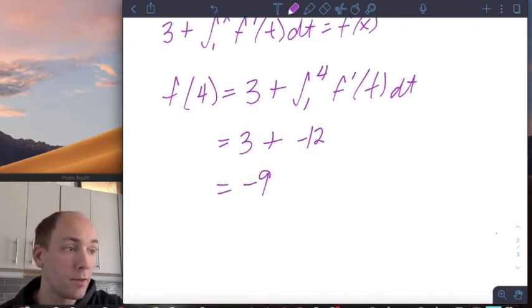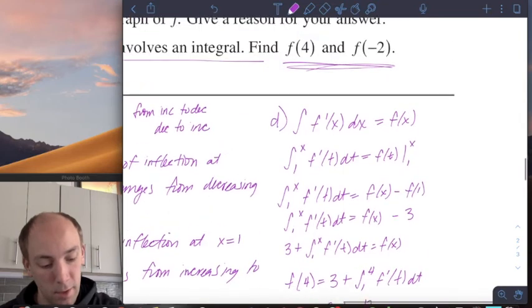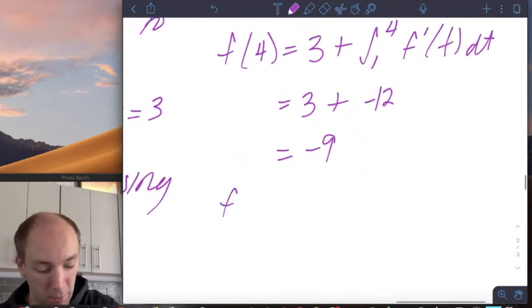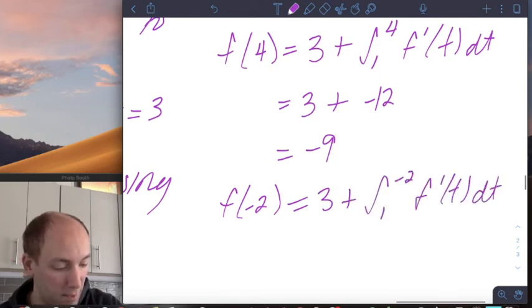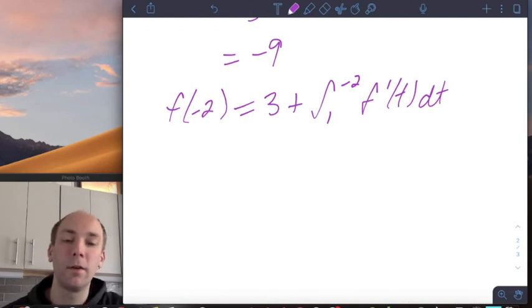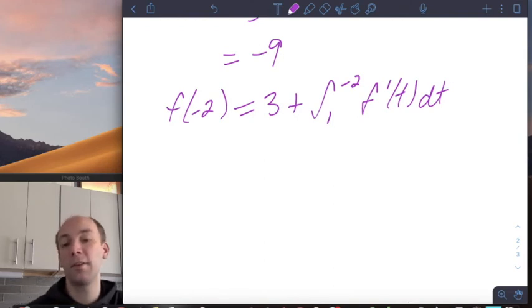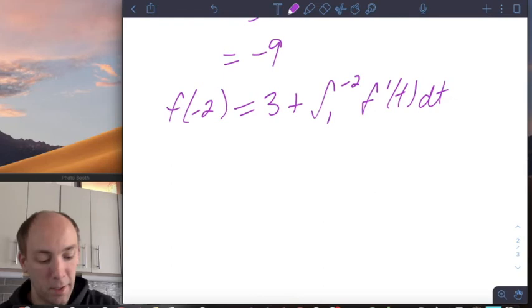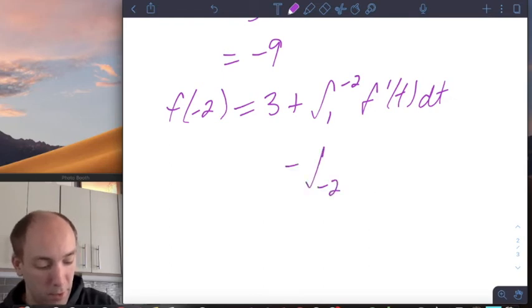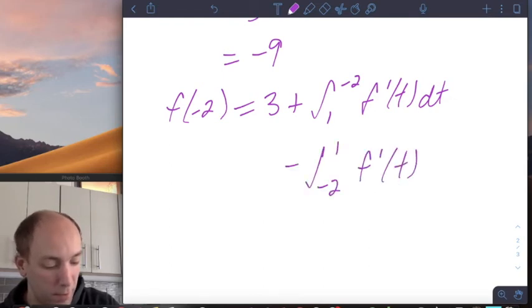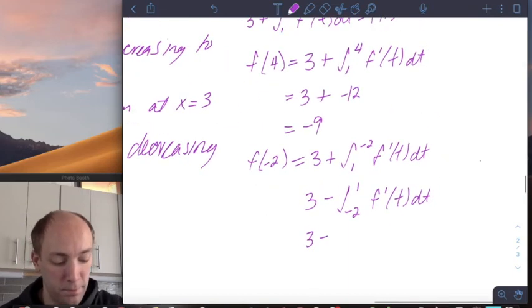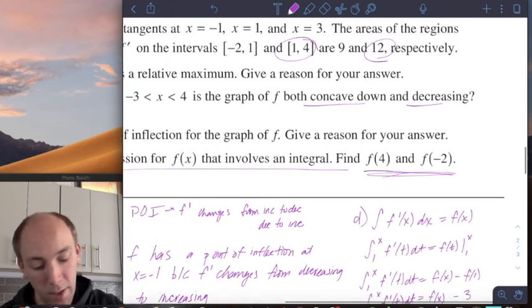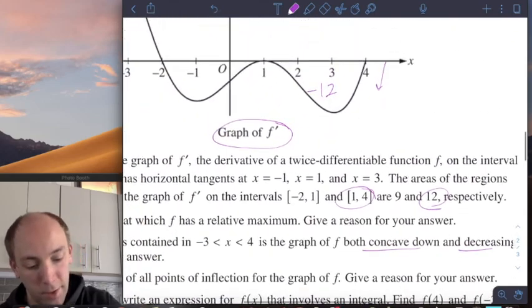For the other f value, f of negative 2, we're going to follow the same process. F of negative 2 equals 3 plus the integral from 1 to negative 2, f prime of t dt. And now remember, the integral is not increasing, so what we'll need to do is change those bounds. So we're going to make it an increasing integral, and when we do that, we have to put a negative sign out in front of it. So 3 minus, and then it says the integral from negative 2 to 1,